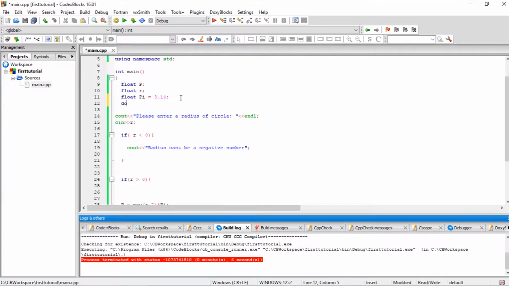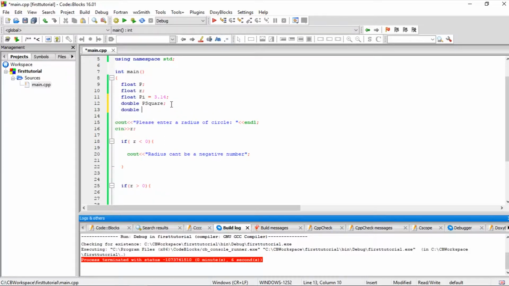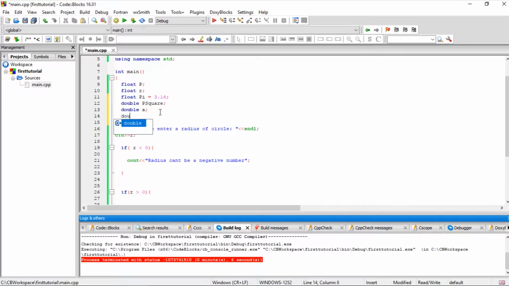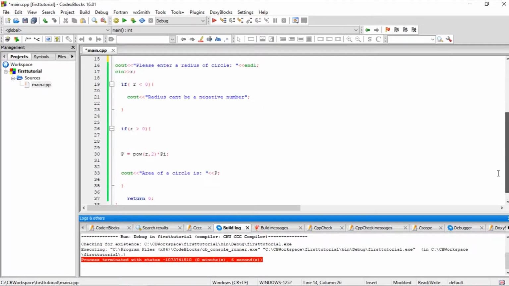So let us now make a double, and let's call it p square. Now we're going to calculate, and let's create a double a. We're going to calculate an area of a square, and then we're going to add them up in a double, let's say square and circle. Alright, we already have a calculation for our area of a circle, and now